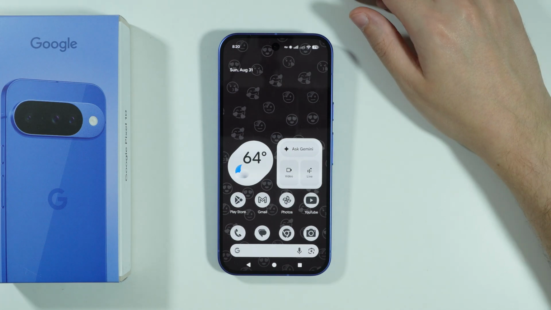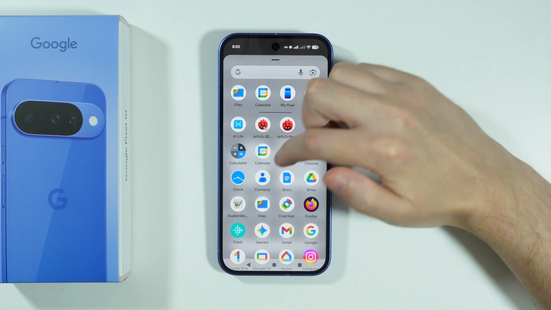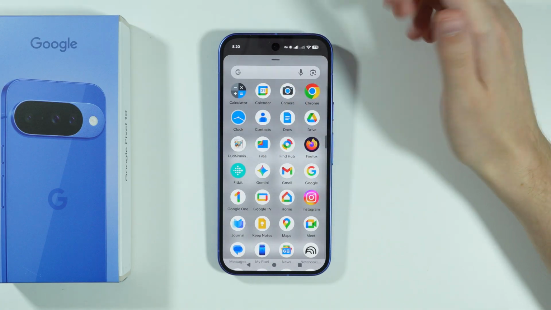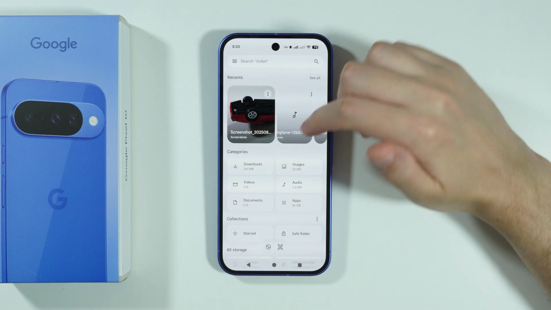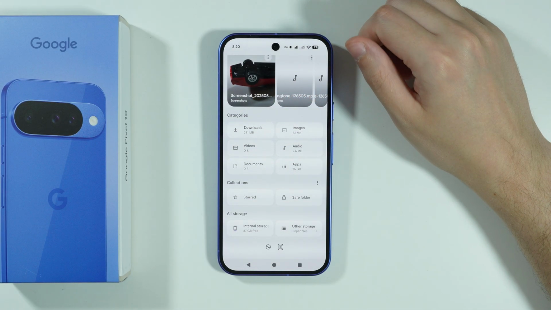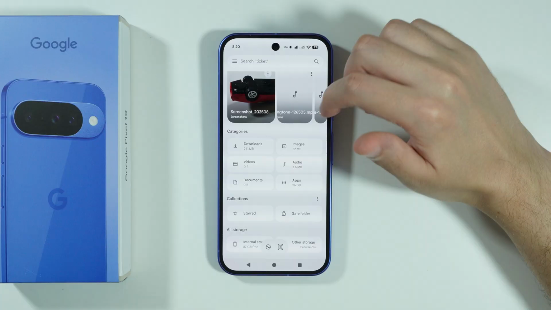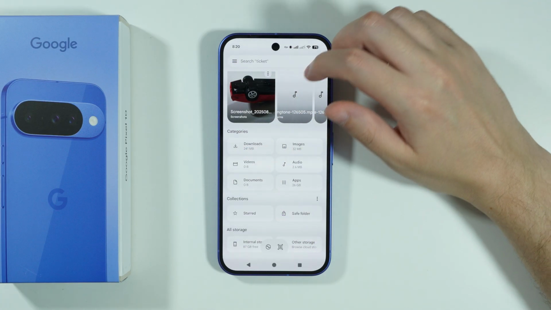If you want to free up storage space on Google Pixel 10, what you have to do is open the Files app that you can find, for example, in the app drawer. Now, once you are here, you can of course find pretty much every file that you have on your phone. So you can either go through these categories and decide what you don't need anymore, or you can tap on